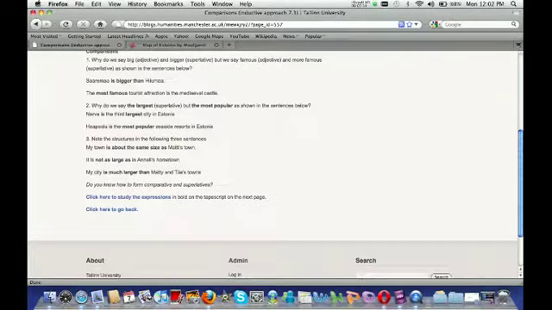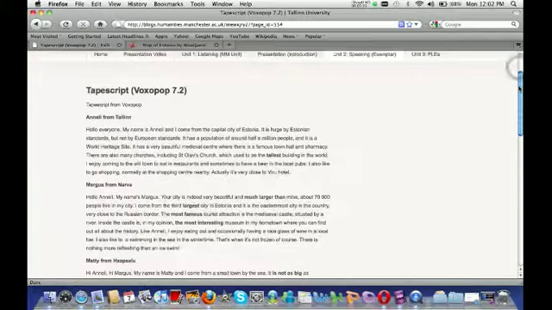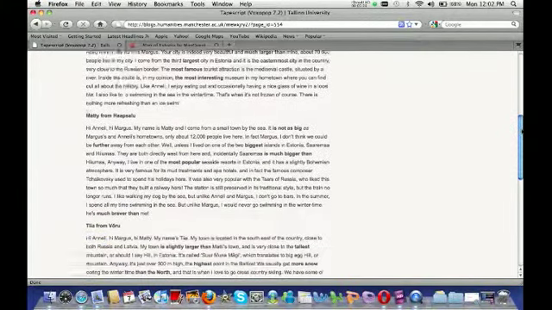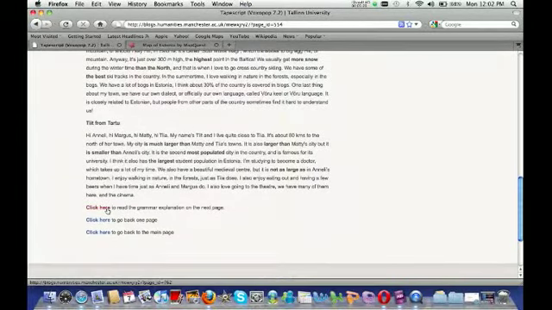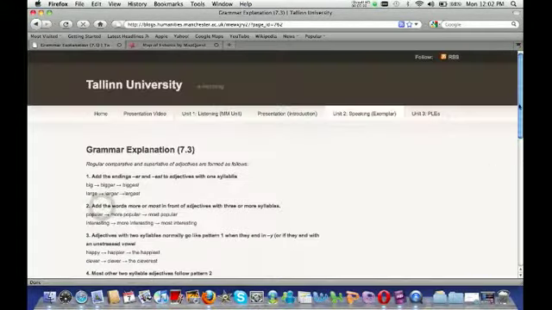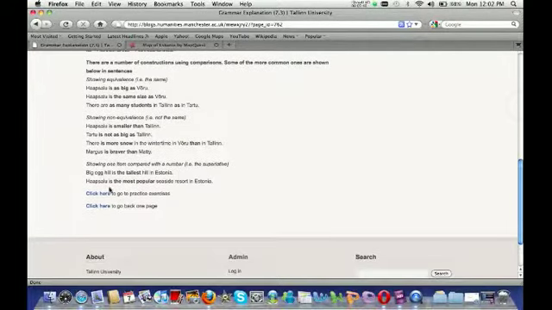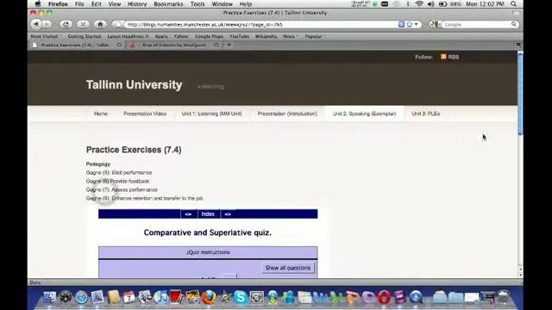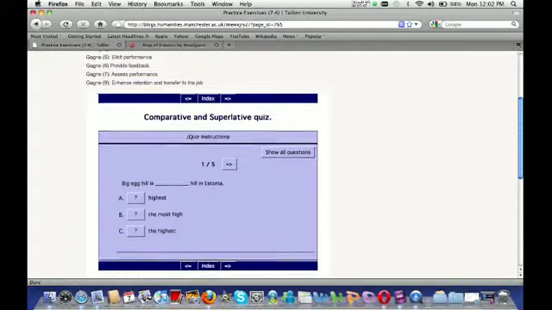You've got lots of examples here. And then, when they thought about this, they can look at the tape script. You'll notice there's lots of comparative and superlative structures here, surprisingly, and equivalents and so on. So they can look at this, and then there's a grammar explanation on the next page. This is what I mean by traditional exercises and Gagne's instructional design going down the list. You've got grammar explanation, and then there's some practice exercises here where they can elicit performance, provide feedback, assess performance,